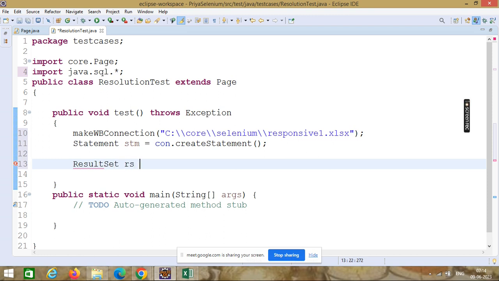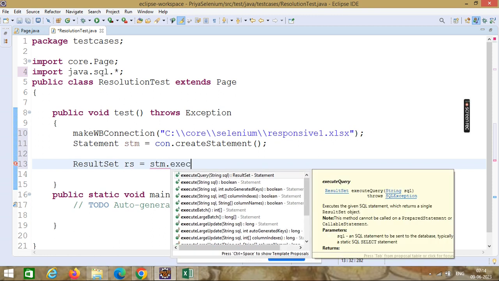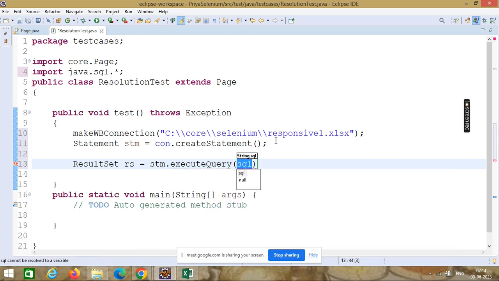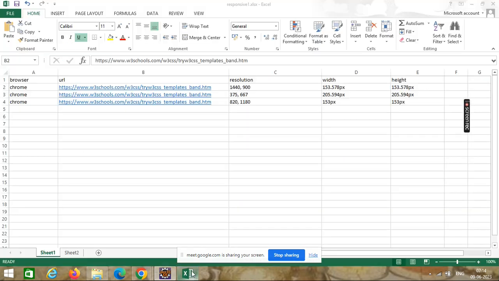ResultSet rs is equal to stm dot execute, and the select query: select star from sheet 1. So I have established the connection with this, and then select star from sheet 1. This is the sheet 1 name.